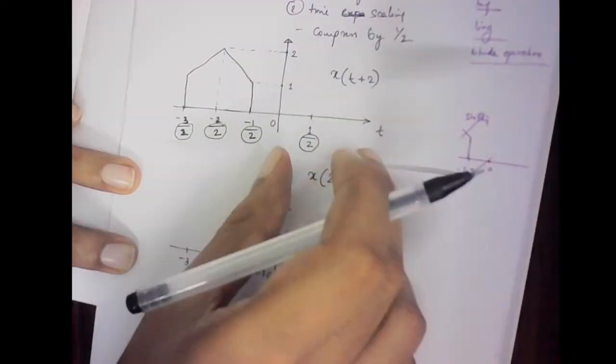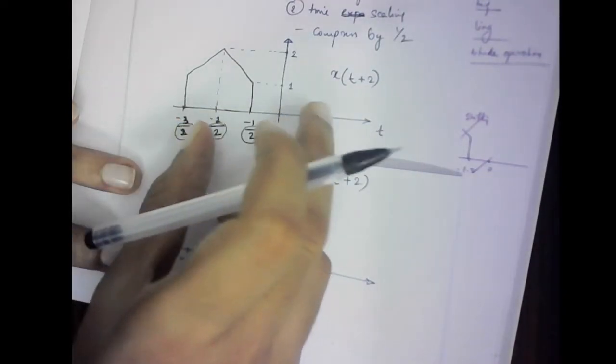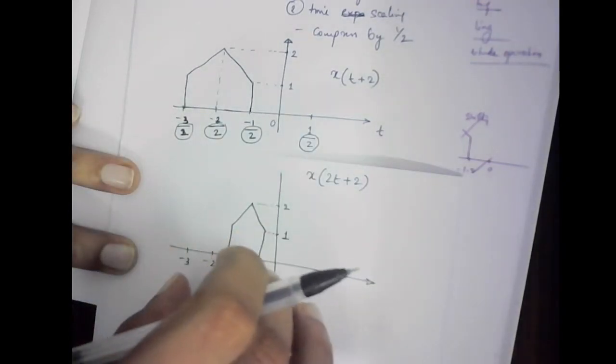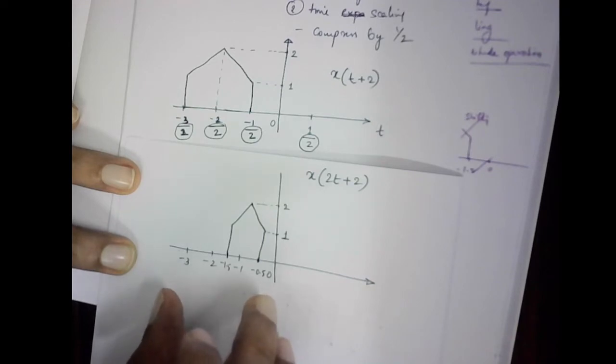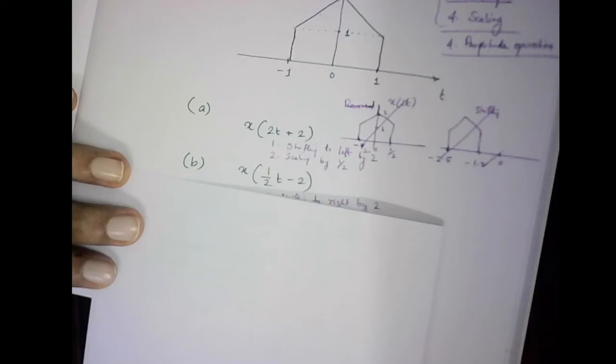So first you have done the time shifting operation. You moved the signal to the left by 2 seconds. Then you did the time compression operation, by dividing each of these time instances by 2. Okay. So for the sake of clarity,